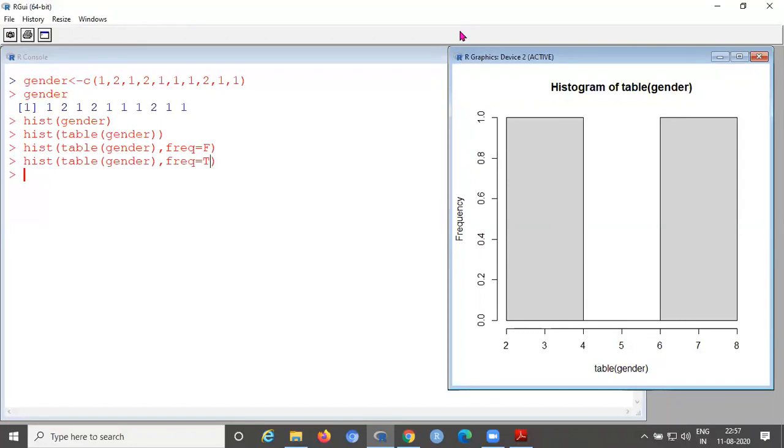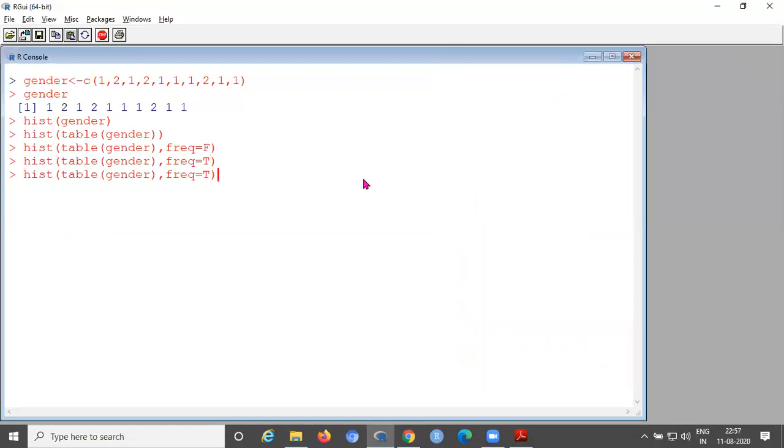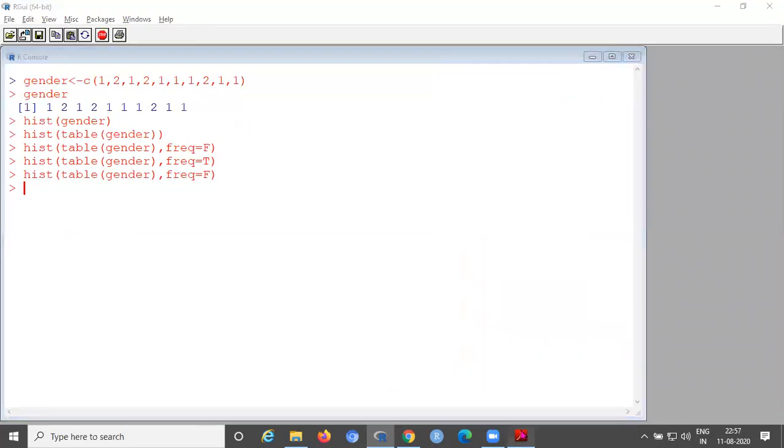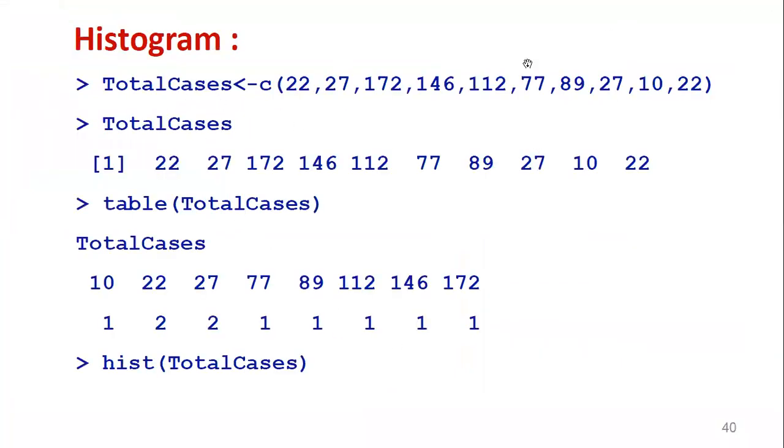So by default, without giving TRUE, it displays with the absolute frequency. If you want a relative frequency, you can give freq as FALSE. This is relative frequency. After the decimal, you can see 2 digits are there. That is the difference.